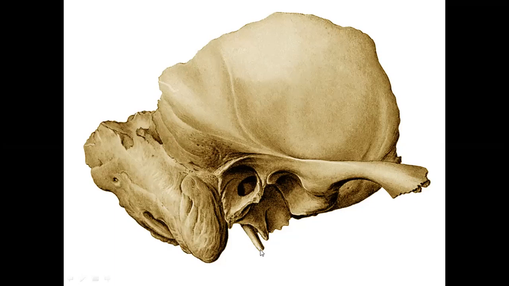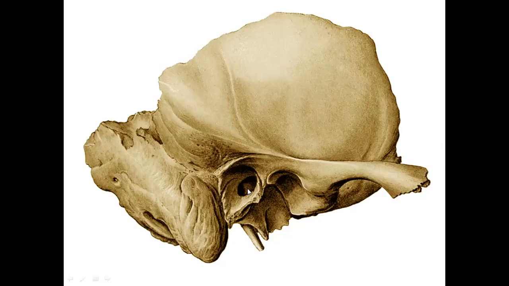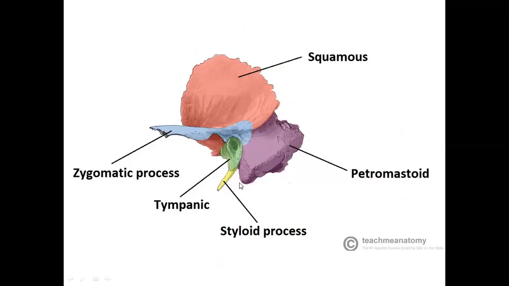This is our styloid process. This is the mandibular fossa. Between the squamous part and the tympanic plate articular part, you have this mandibular fossa. Okay, so now you have a labeled picture of the same thing but given in a reverse direction. Don't get confused. This time the mastoid process is on this side.